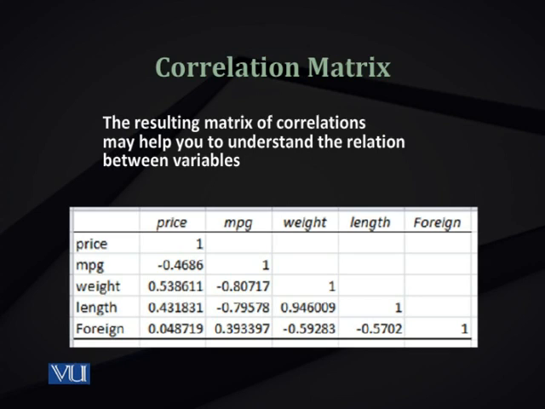For example, correlation between price and MPG, price in the above column and MPG in the row, is minus 0.4686. If you look into the second column under MPG, the cell is empty. So basically here the value of correlation between MPG and price should be again minus 0.4686. This is a repetition, so we usually display the correlation matrices in a diagonal like this.